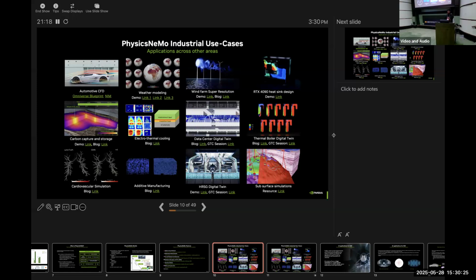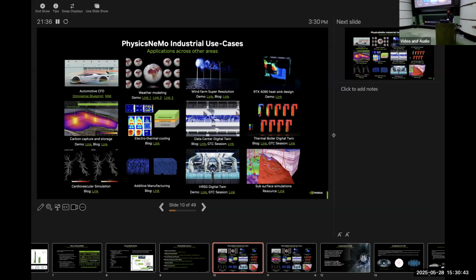In terms of weather and climate, we have done weather modeling, predicting weather forecasts across the entire globe or in specific regions of the globe. We have done some work with carbon storage and sequestration.